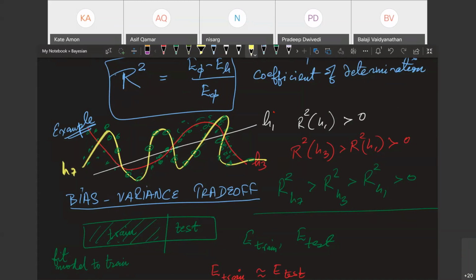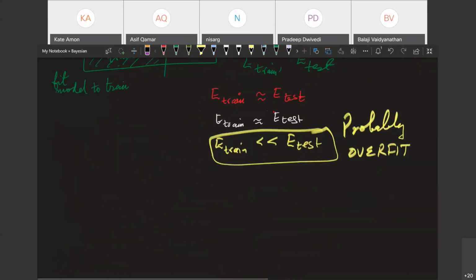And that is the best straight line you can capture. Right? And so you say that the first hypothesis, Hypothesis one, suffers from excessive bias error.